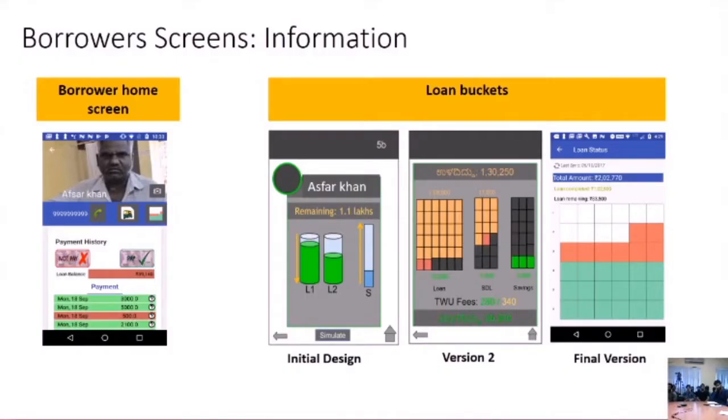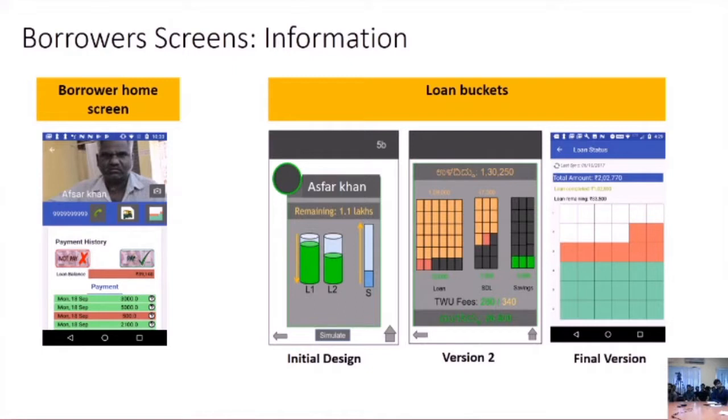So here's the app. I call these borrower screens, but you have to remember that these are actually shared because it's the collector's app. We're later going to build a driver's app, but at the moment it's the collector's app. So to address literacy constraints, we designed a set of accessible resources which minimize the use of text apart from numbers and include clear graphical representations and color coding where possible. The app's in both Kannada and English. And one thing to remember is the collector is helping to explain these things as well, which really helps.